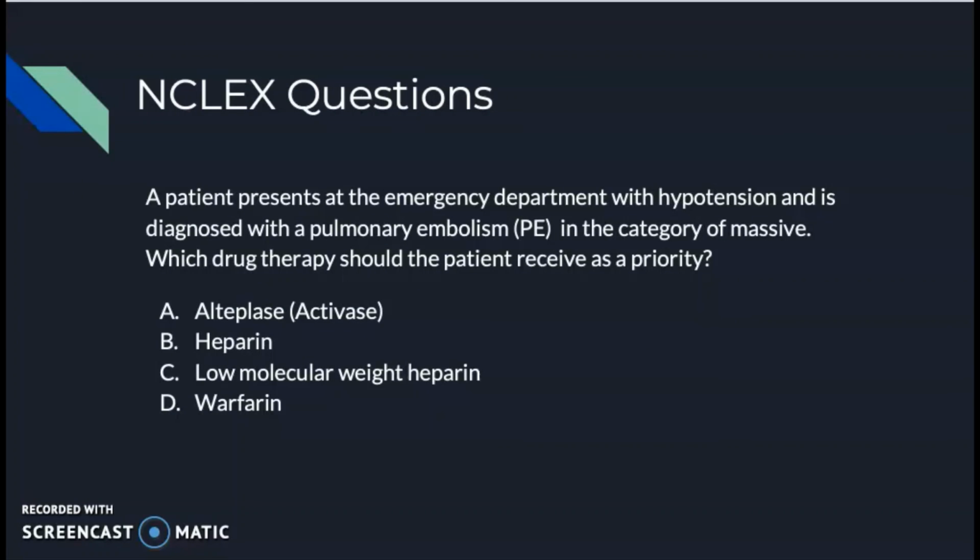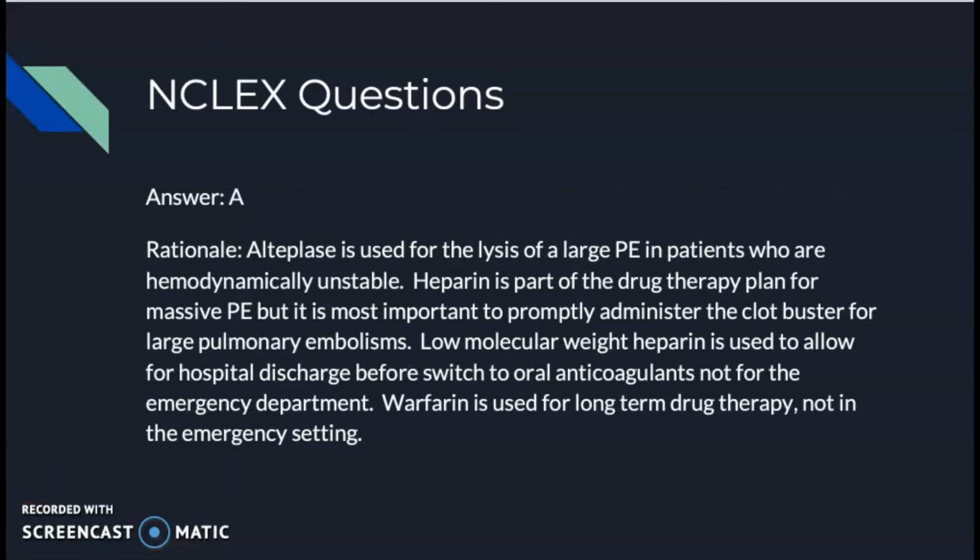A patient presents at the emergency department with hypotension and is diagnosed with a pulmonary embolism in the category of massive. Which drug therapy should the patient receive as a priority? A. Alteplase, B. Heparin, C. Low molecular weight heparin, or D. Warfarin? Answer A. Alteplase. Rationale: Alteplase is used for the lysis of a large pulmonary embolism in patients who are